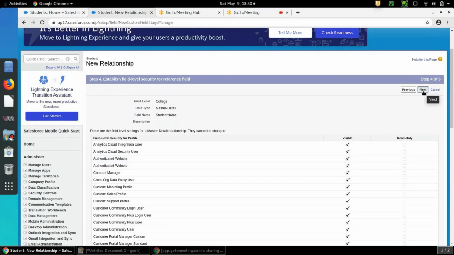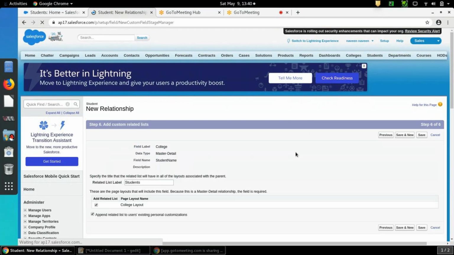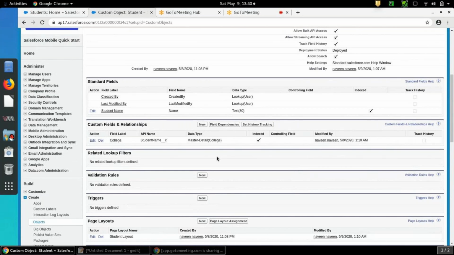Leave it as is and click next, and it will show whatever we have added: label college, type master detail, field name student name. Click on next and save it. Can you see here now? I have created a master detail relationship with respect to the college object.